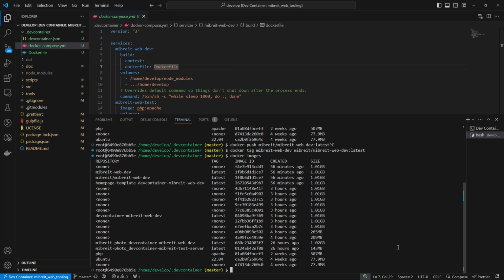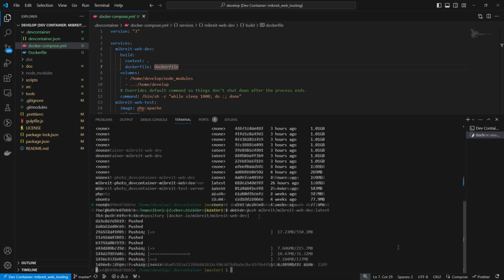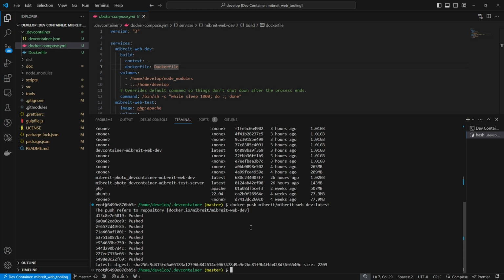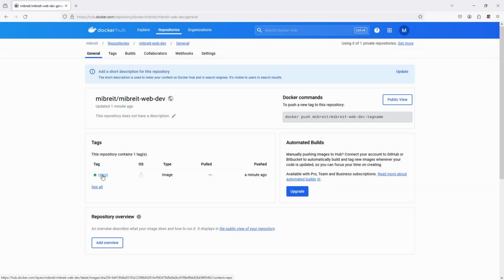And now we can try again. And now we can use the docker push. This now uploads everything to the Docker registry, which will take some time because I don't have the highest bandwidth here. So the image has finally been pushed to the Docker registry. Let's have a look. You see now here I have one tag, one image added to my repository, which means